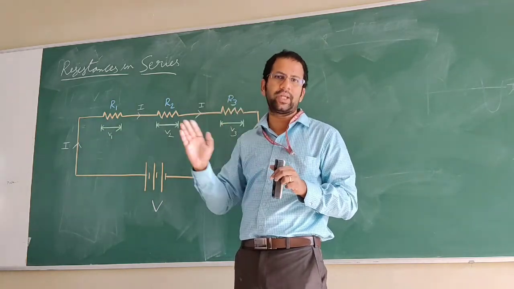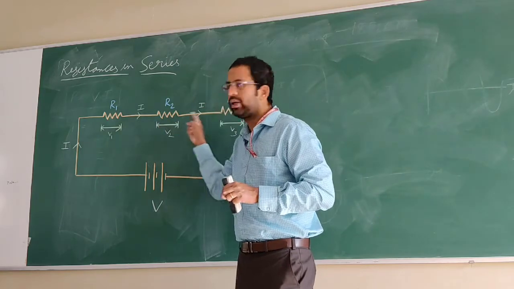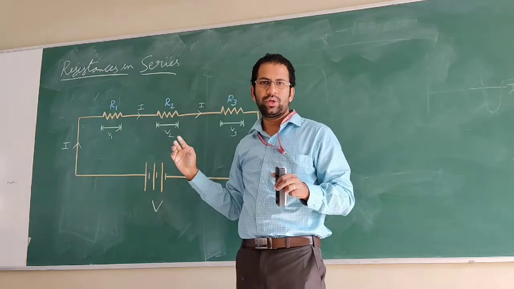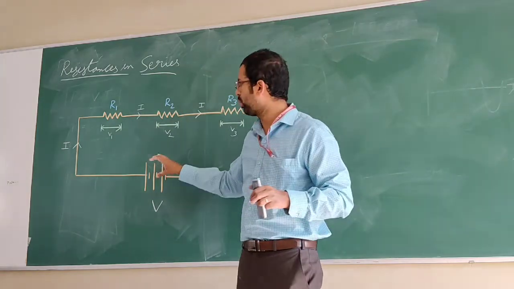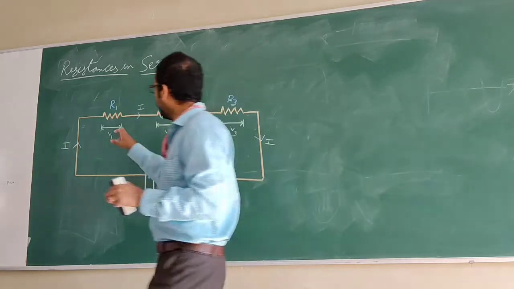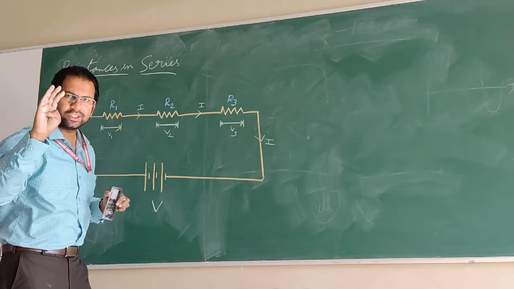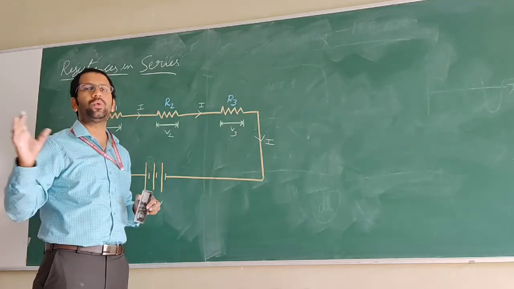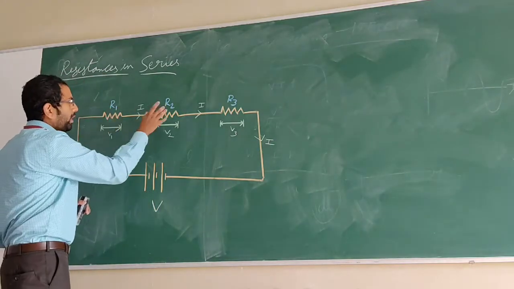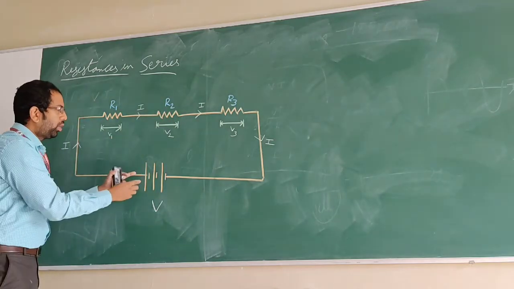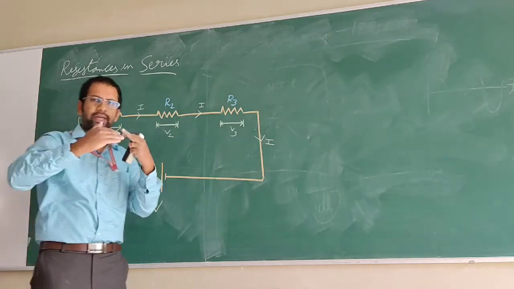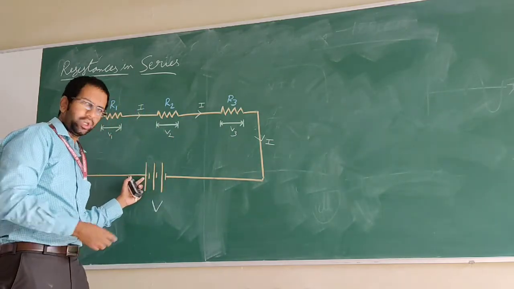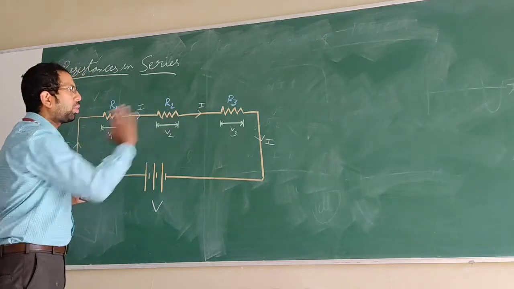An electric circuit is nothing but an interconnection of active and passive elements in a closed manner to allow the flow of current. Resistors, inductors and capacitors are passive elements. Voltage and current sources are active elements. The resistors are connected together in series. The two ends you get, one is given to a higher potential and one to the lower potential. Again, it's a closed circuit.